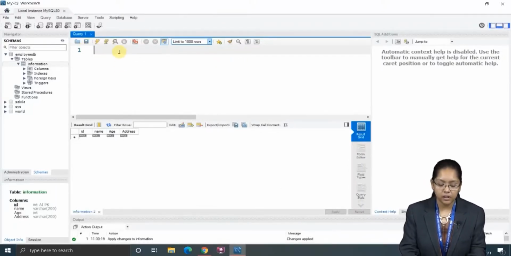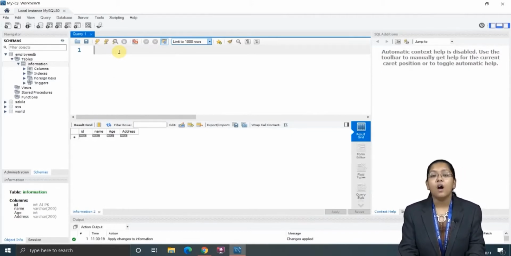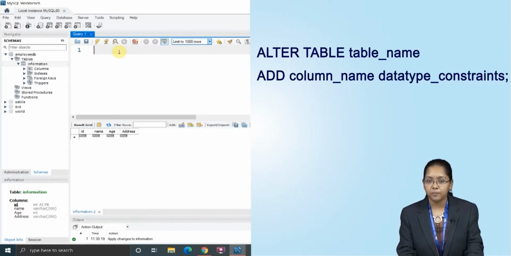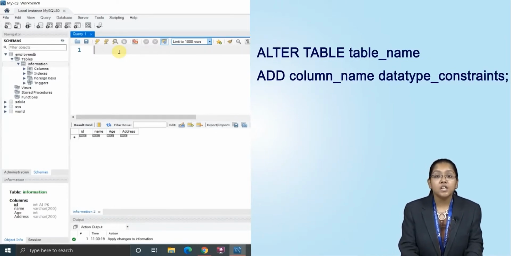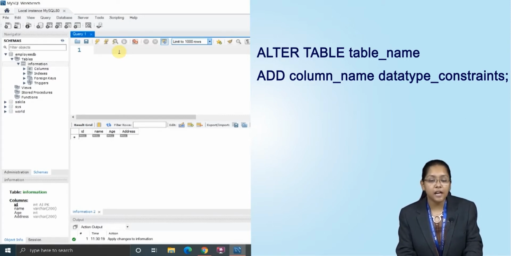The syntax of the alter command will be: ALTER TABLE table name ADD column name data type.